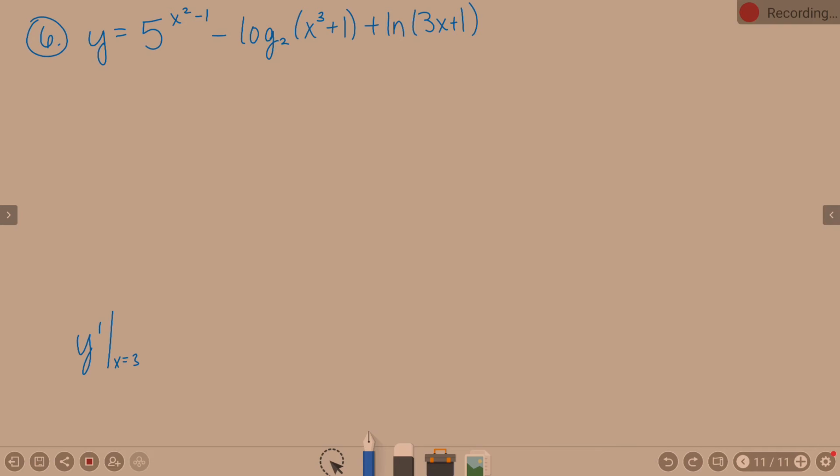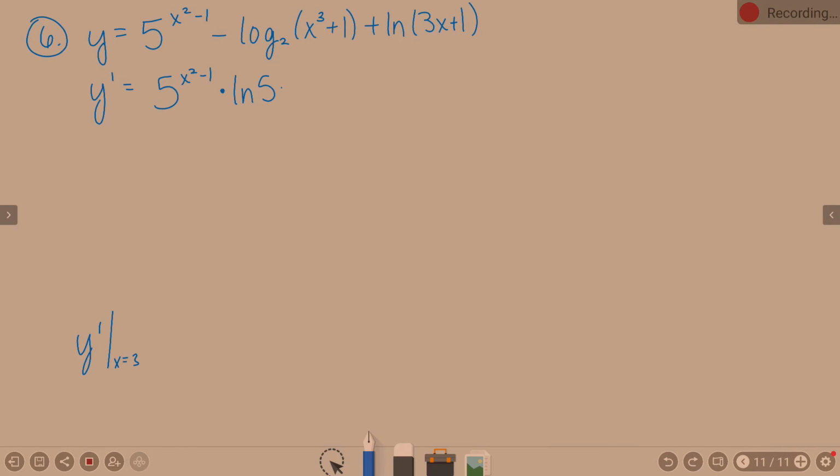Ross said there's going to be a lot, you just have to know the derivative rules, right? It's keeping all the rules straight, and that is a lot of what it is. So, y prime, derivative of 5 to some power is 5 to that power times the natural log of 5. Okay, so the derivative of 5 to some power is 5 to the power times the natural log of the base, so the natural log of 5,